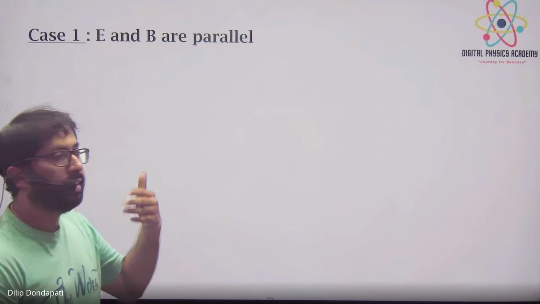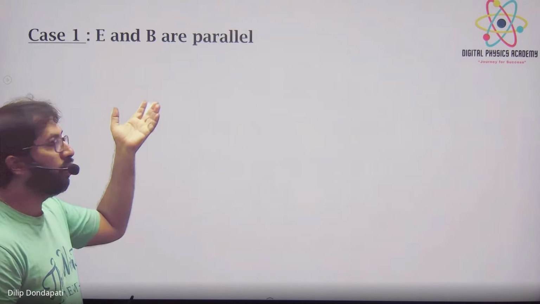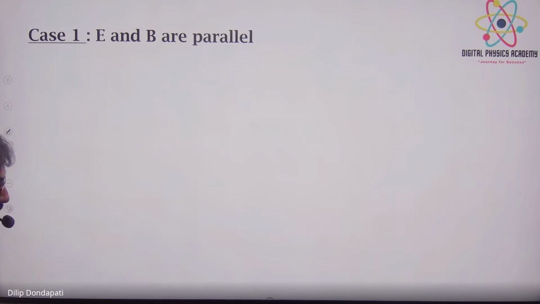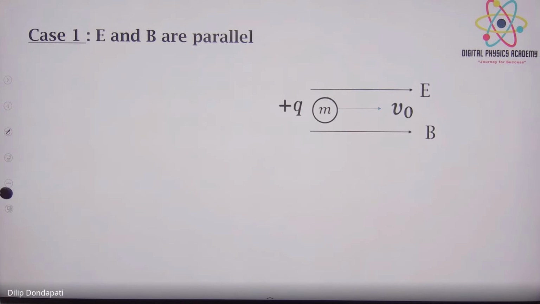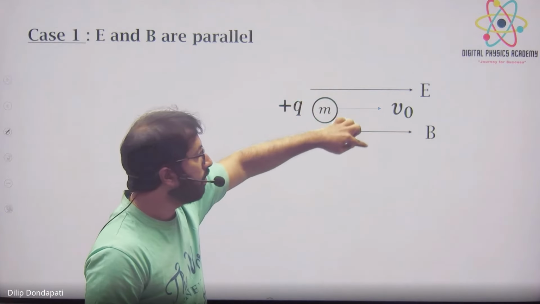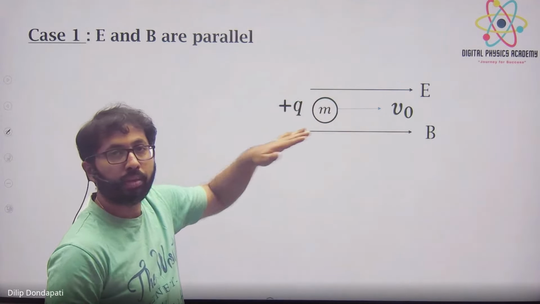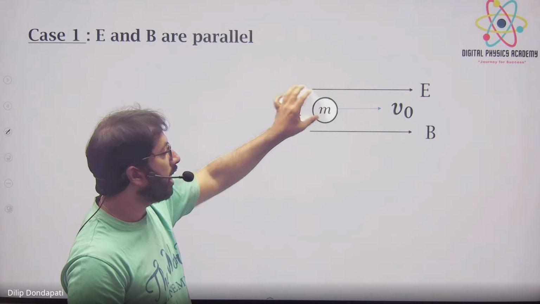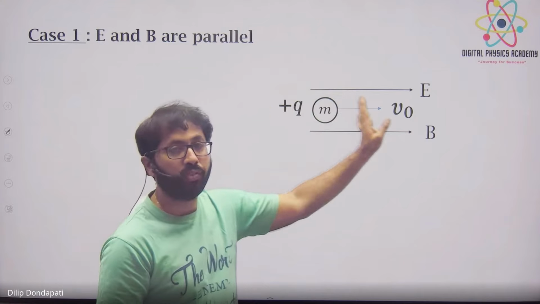मतलब क्वेश्चंस कैसा आएगा, अप्रोक्सीमेटली ऐसा, डिफरेंट केसेस टाइम्स में आएगा. वी आर सीइंग, देखो E and B are parallel to each other. Here both electric field is there, magnetic field is there. What is the angle between them? Theta is 0 degrees. Both are parallel to each other. In that case में I am throwing a charged particle of mass m with some velocity v naught in both